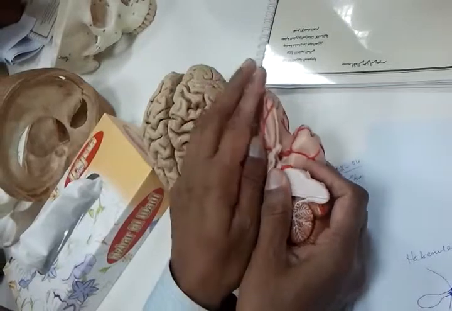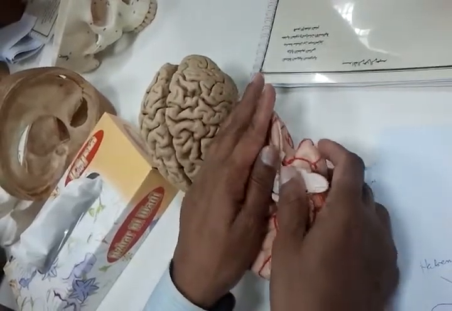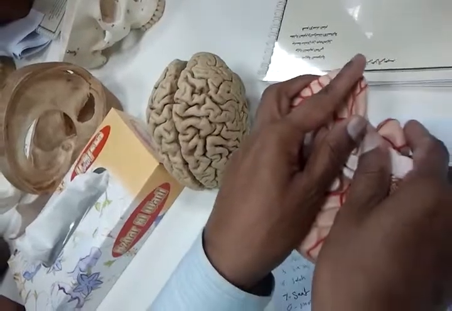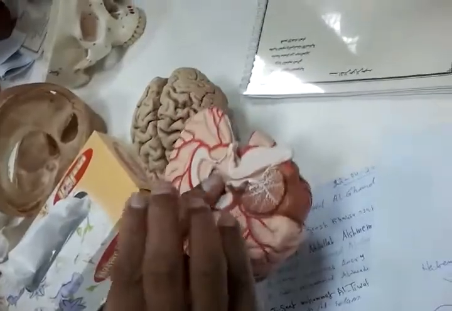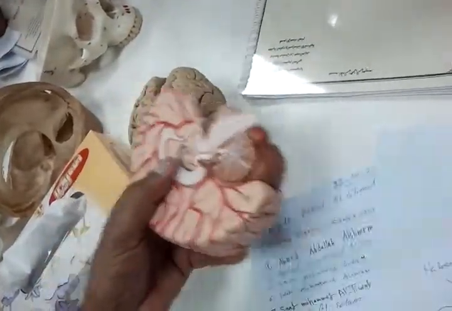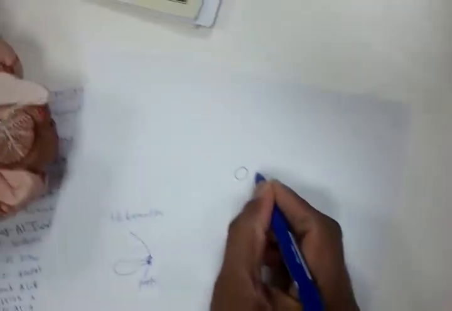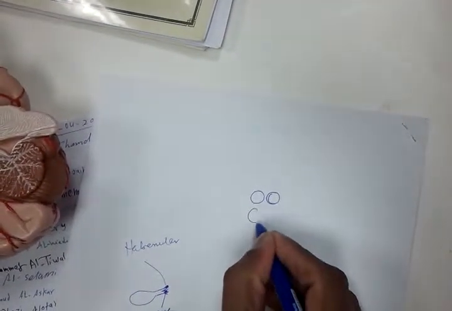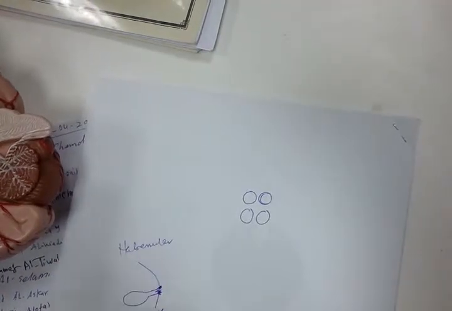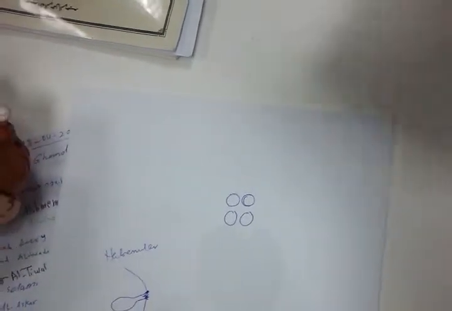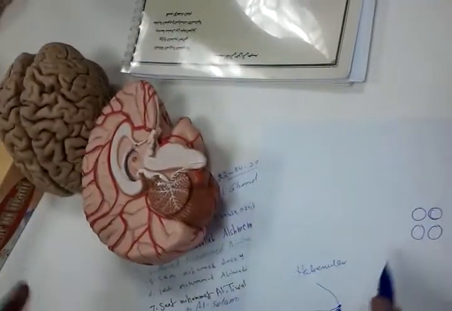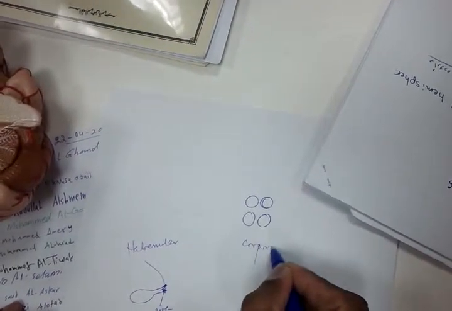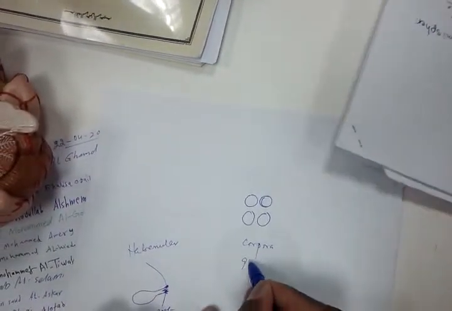And then if we close this one and this one, this is only the midbrain. This is the midbrain. If you see the midbrain from the posterior side, it will look like this: 1, 2, 3, and 4. These 4 elevations are like mammary glands. These 4 are known as corpora. Corpora is plural. Quadri means 4. Very good. Quadrigemina.